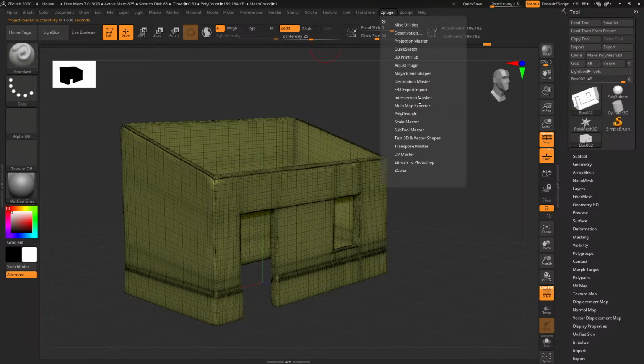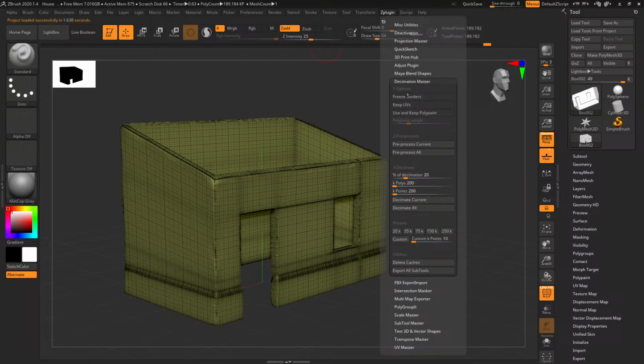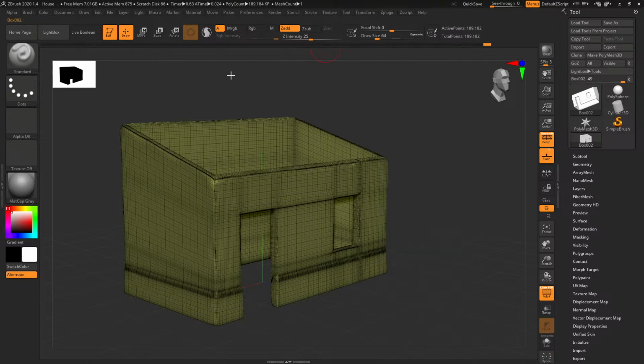Again go to plugins, Decimation Master, and I think we need to keep these two, freeze borders, or at least keep UVs. Okay, preprocess current,